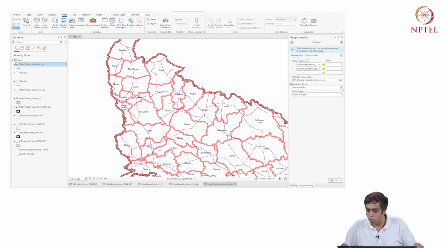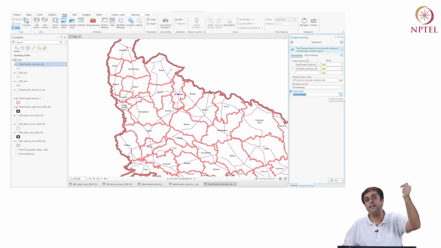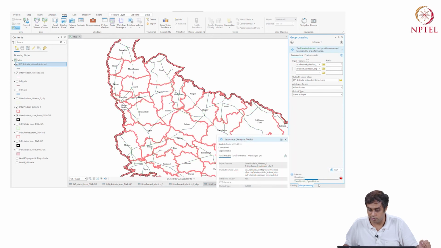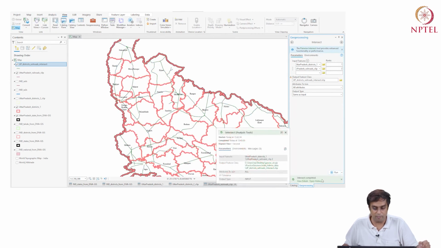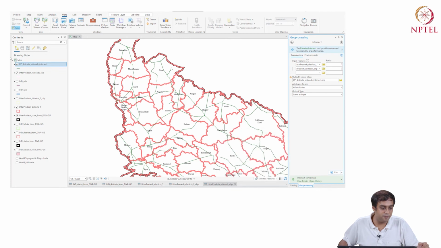Okay, I want to join all the attributes, and output type is same as the input, which I want to be basically a polygon. That's why I've given rank 1 to the polygon shape. If I give rank 1 to the line shape, then the resulting output will be the line shape. Okay, so I'm going to say run. Let's run this. It's running and it's done very quickly. Now what does it give me?